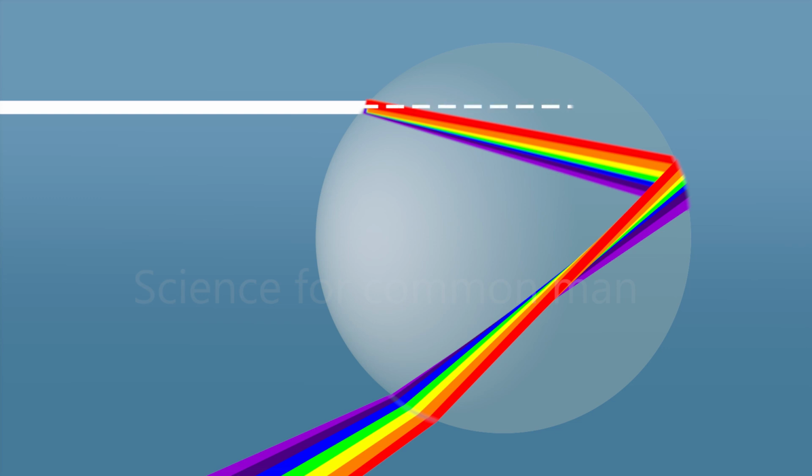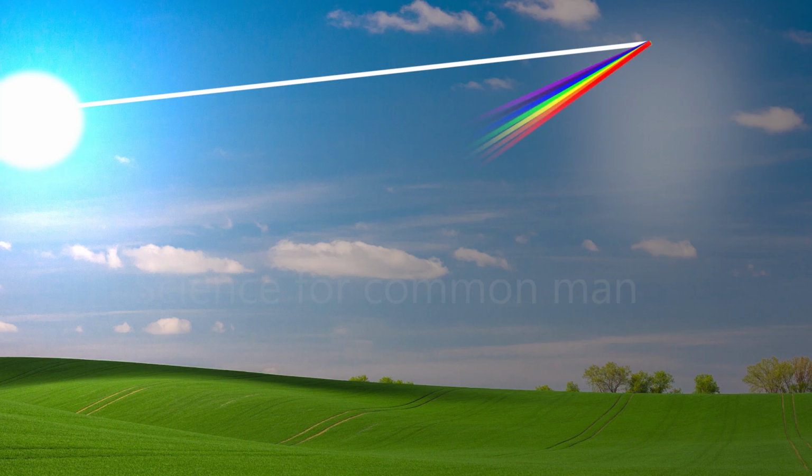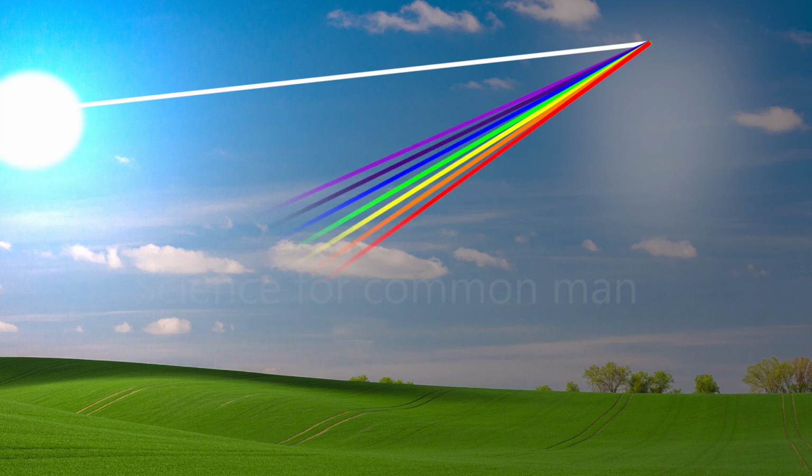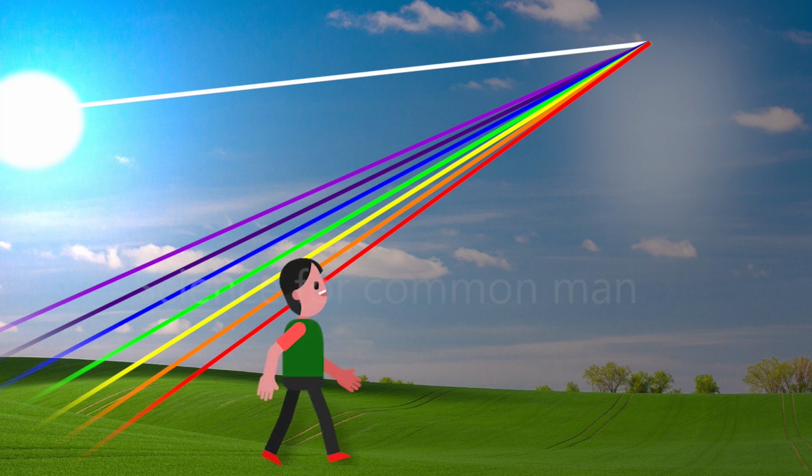If you see the total angle that the light gets bent in this complete process, it is from 40 to 42 degrees. As we see, these diverging colors are further traveling in the atmosphere. So if I stand in their way, I will be able to see these colors. If I stand such that the red color is entering my eyes, I will see this particular raindrop as red. Since the different colors are diverging, I will never be able to see the different colors coming from the same raindrop.